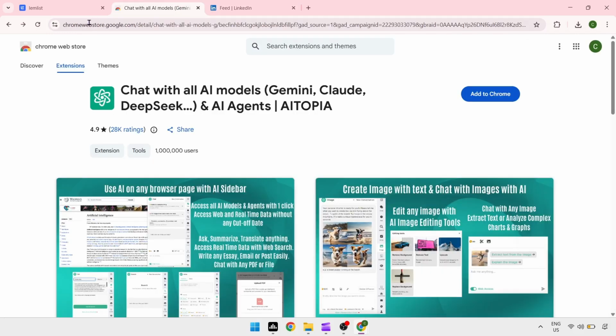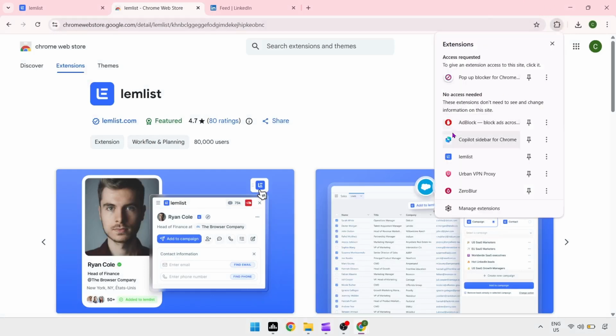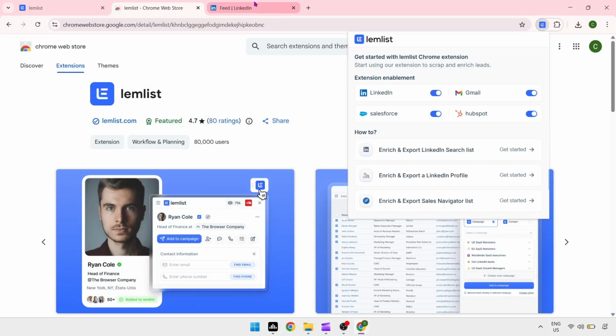First, install the Lemlist Chrome extension from the Chrome Web Store and log into your Lemlist account. Next, go to LinkedIn or LinkedIn Sales Navigator and search for your target prospects using filters like job title, industry,